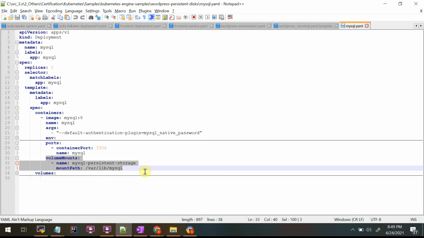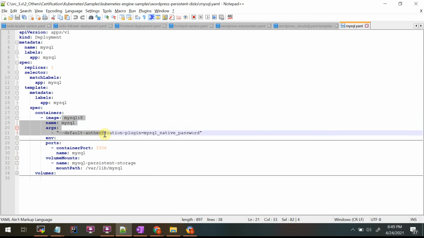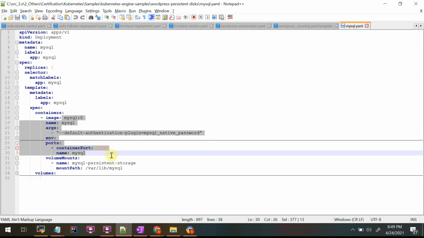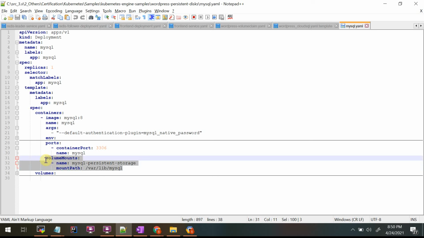Similar to that, imagine this MySQL is your pod, your laptop, and you're associating the newly created storage as a new drive to this pod. That way, whenever you're installing MySQL, all your installations, instead of being stored in your laptop,